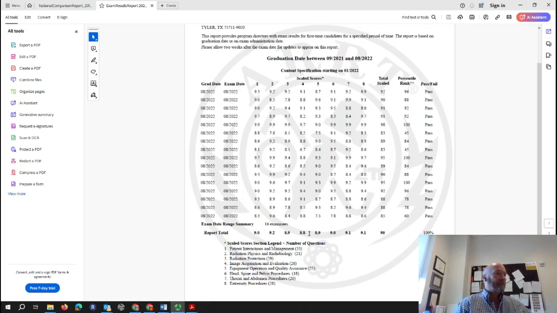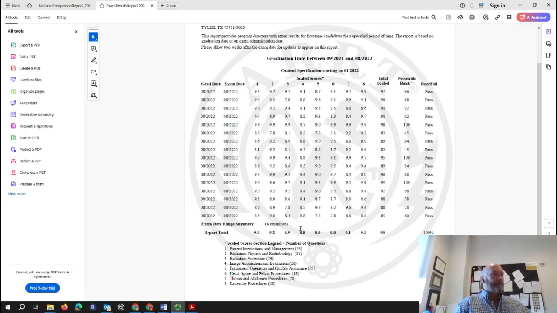The other portions that are difficult to get and are reflective on the registry are not surprising either, and that would be your general physics. So the physics X-ray creation, and this result in radiobiology and the equipment maintenance and operation, which is a first semester physics class that we talk about, or that our radiographic imaging or radiographic equipment class in our first semester, that first physics class. So those 3 sections are consistently the lowest, but again, the lowest of the 3 is imaging, and it's 8.8,